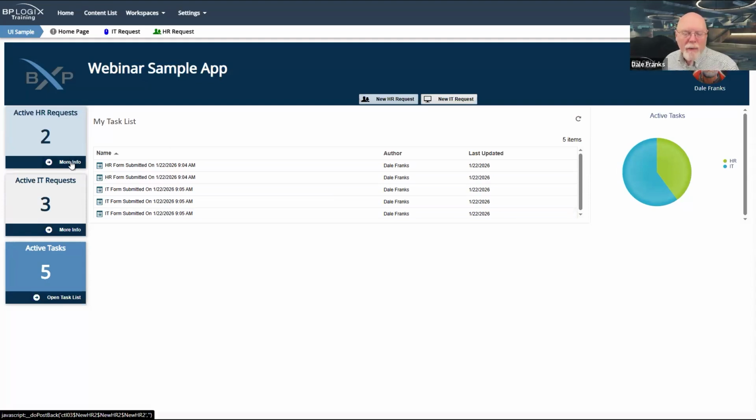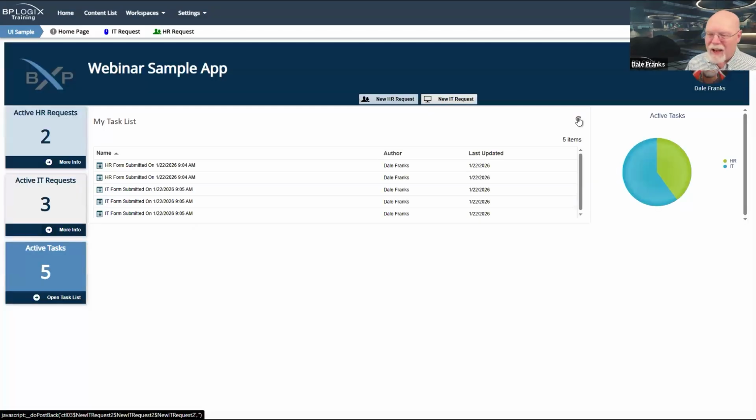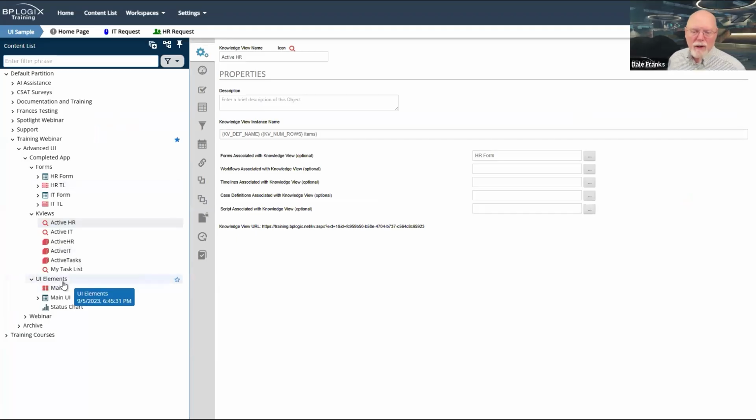But I've also got to be able to show my active HR and active IT requests by clicking these buttons, which I did a little bit earlier. We already saw that, but I need those particular knowledge views to be able to show them to the end users. So I've got those 3 buttons that show me 3 different knowledge views. So naturally, I need 3 different knowledge views to be able to display.